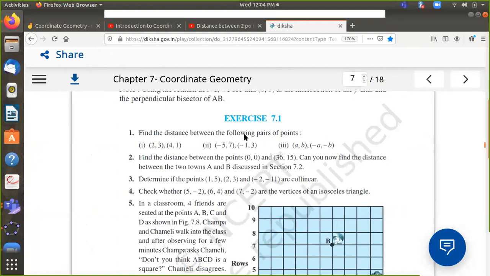Find the distance between the following pairs of points. So you are given 3 pairs of points. I'll just take the first and the second one if possible to see how to use the distance formula we have just learned to apply it there. Now before I proceed with the first one in exercise 7.1, is there any doubt in arriving at the distance formula using the Pythagoras? No? Okay, then I think you can take down the problem and we'll start with it.